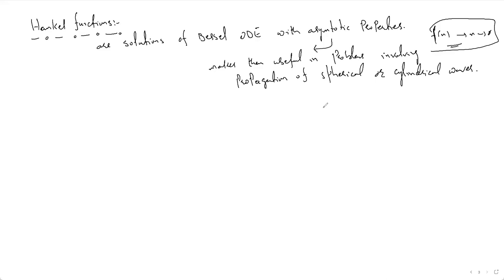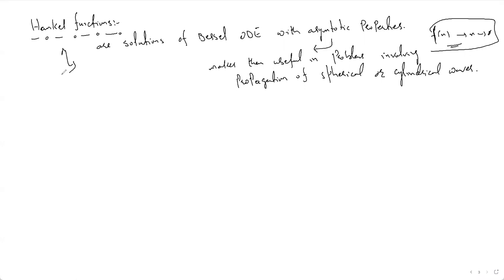So these Hankel functions are just the solutions of Bessel ordinary differential equation, but to that particular Bessel differential equation which has an asymptotic properties. So this kind of a thing makes them useful in problems where we have the propagation of spherical or the cylindrical values. Now we can obtain this Hankel function from the already